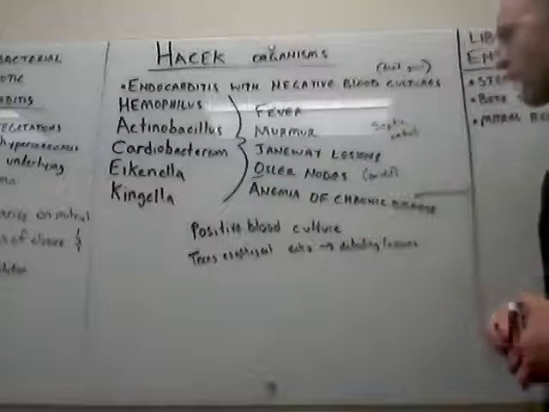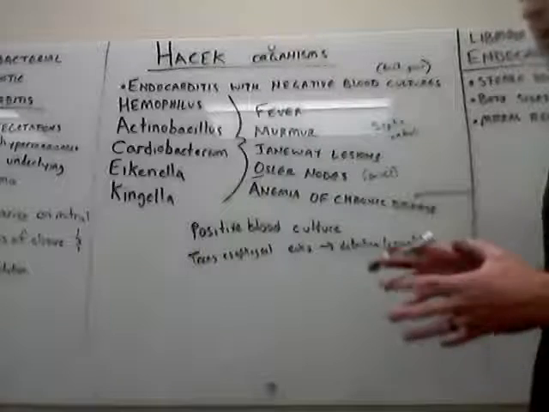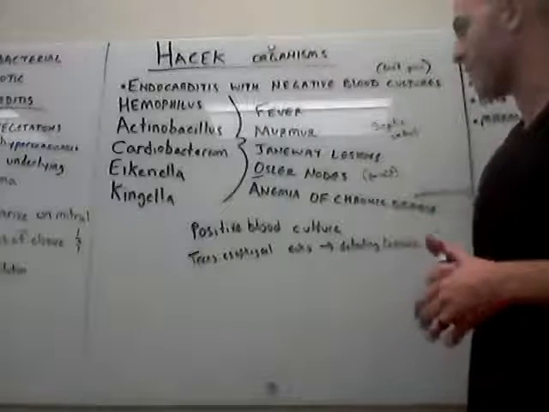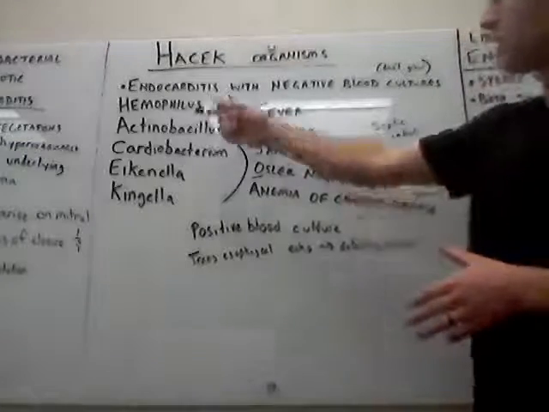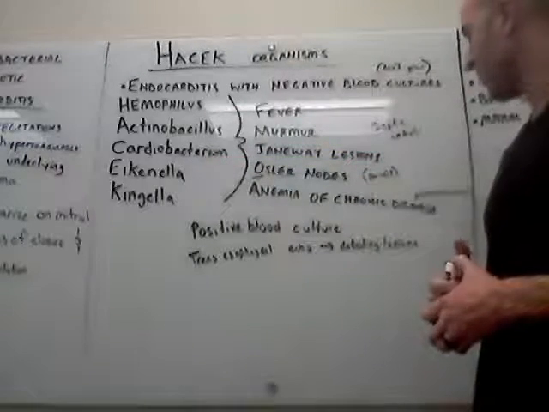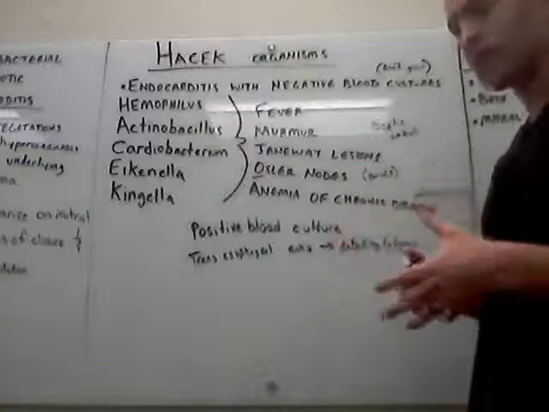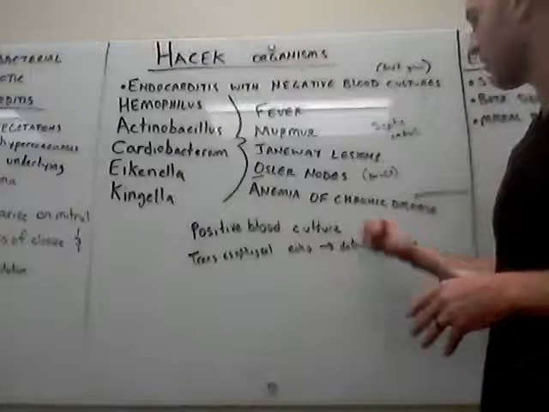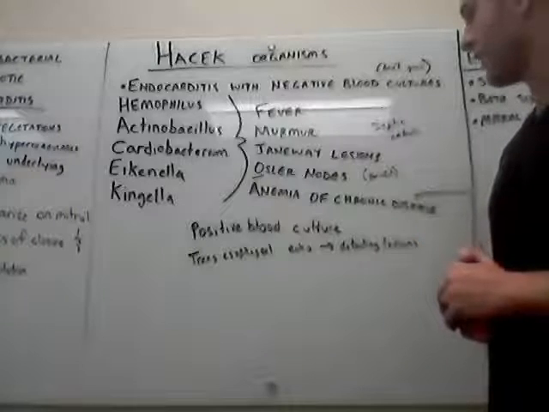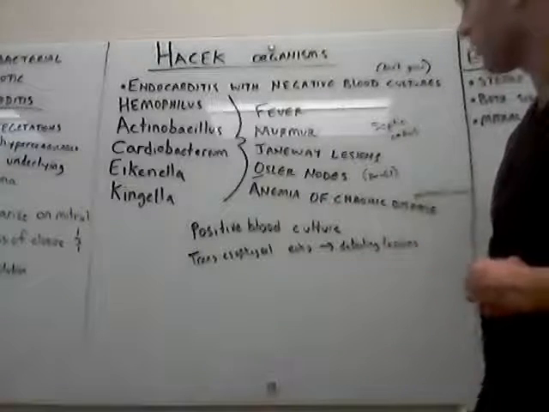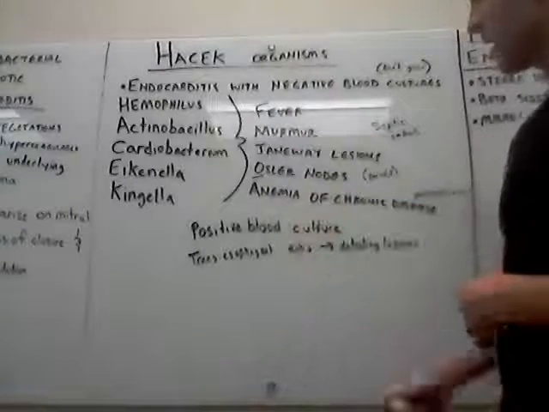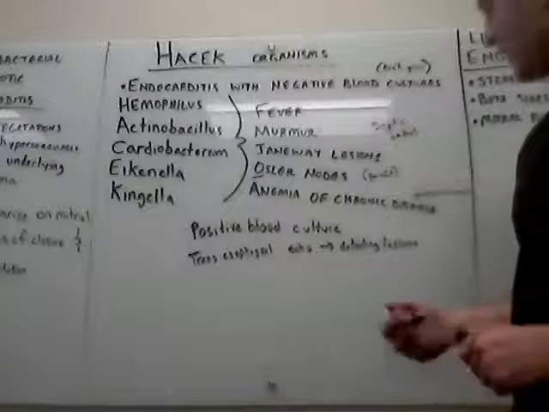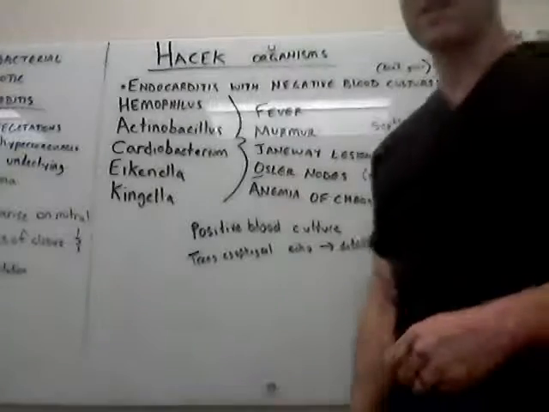Osler nodes are painful. And then also, because all of your clotting factors are being used up in these tiny septic emboli from these different bacteria, you end up using them all up, which causes anemia. So you end up with a microcytic anemia, typically anemia of chronic disease. And I guess this positive blood culture seems to contradict what we said earlier. And then lastly, we have the transesophageal echo, sometimes called the TEE, and those are helpful in detecting the